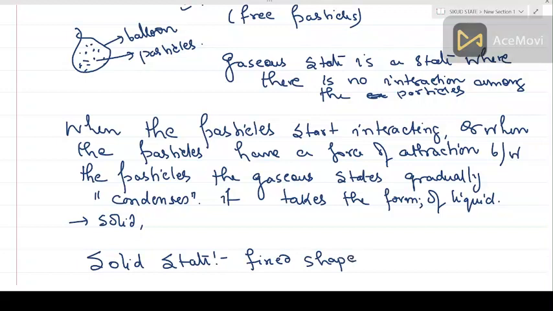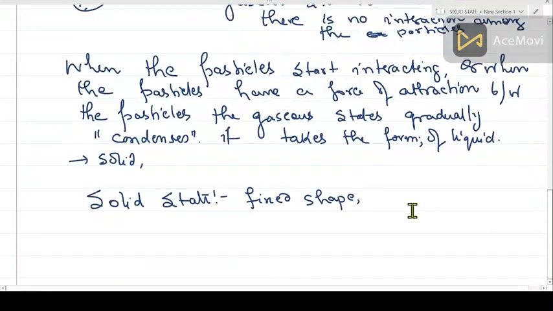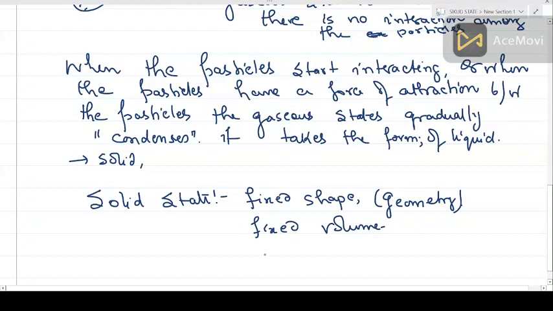Here we are mostly concerned about the solid state. Solid state means fixed shape. This is also not a very clear definition, because there are many solids which do not have a fixed shape. We will study them. Fixed shape refers to the situation that their shape is more fixed, more definite than the gaseous and liquid states. Compared to gas and liquid, solids have a more fixed shape, or you can say geometry. This geometry is not always found, but compared to liquid and gas, they have a fixed geometry, fixed volume,